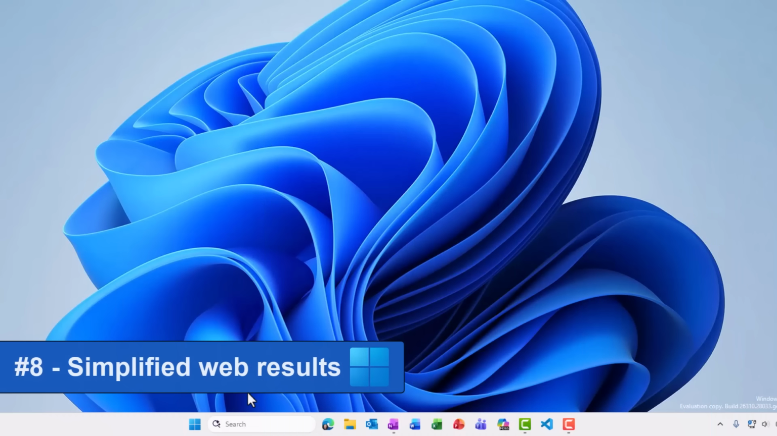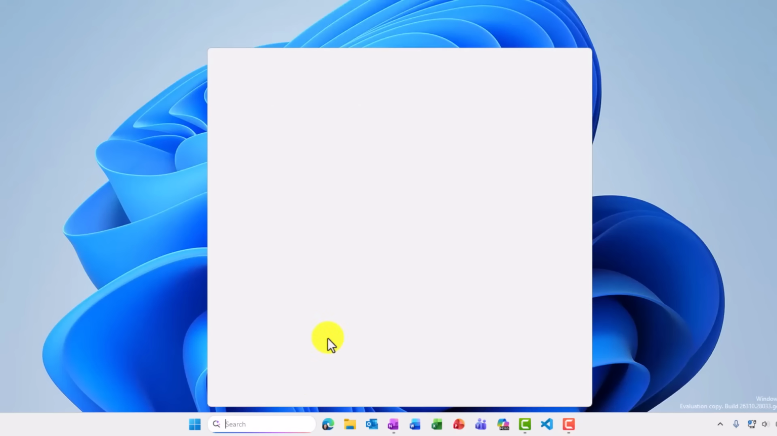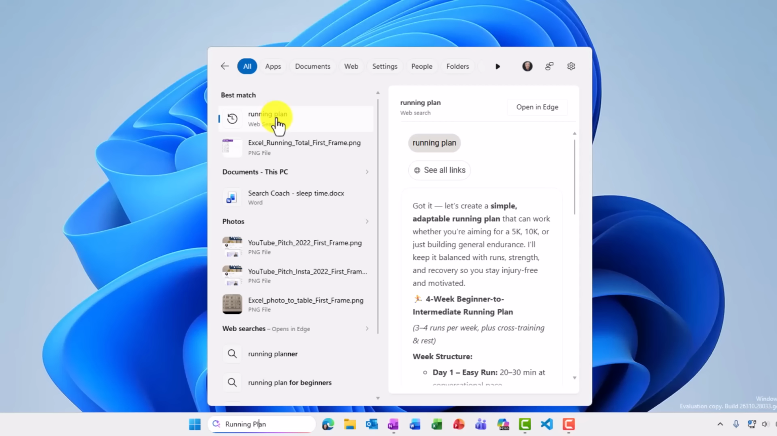The eighth new feature is that we've simplified the results. No more ads with web all mixed together. I'm going to search for something that's called running plan. Now in this case, it did find a web search because I didn't really have anything useful on my local PC. But what you're going to see here is